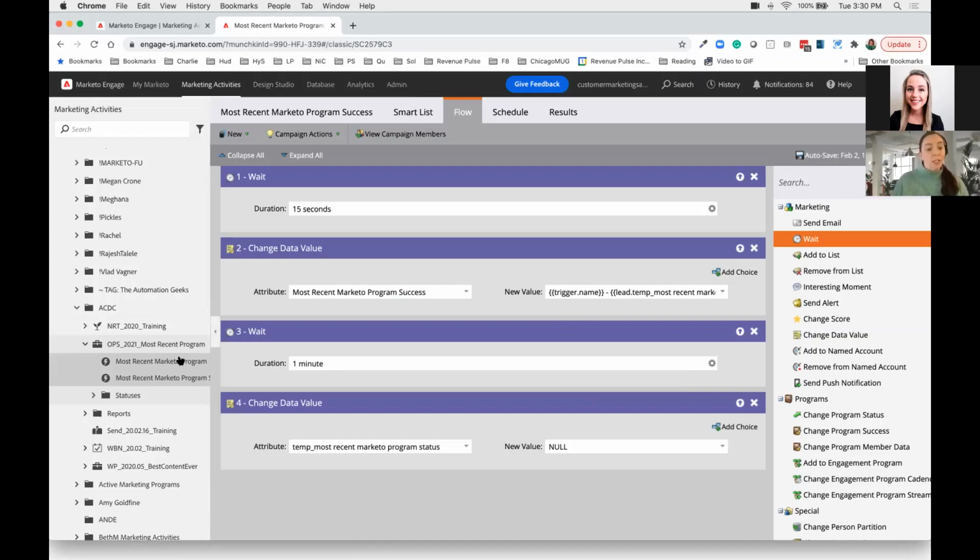So it allows me to go in and fix the program and then also potentially update or backdate any data, since the acquisition program does have to be set at the program level. Fortunately, I can't set it globally here, but at least that gives me an option to do some data checking and circle back on it. So those are the 5 things I wish I had learned in Marketo sooner. And I will kick it back over to you guys.